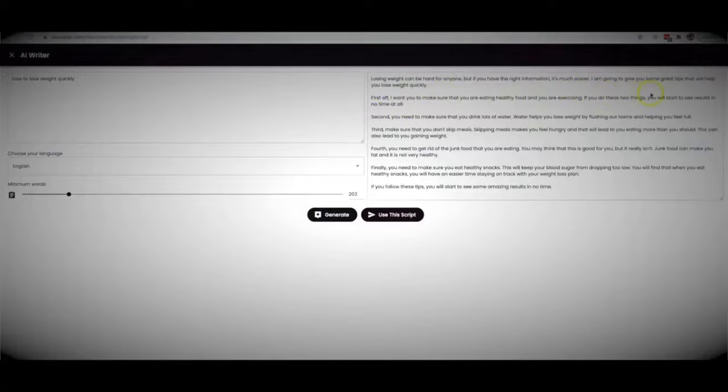If you do these two things, you will start to see results in no time at all. Boom. So the first two lines right there, great content written perfectly. All right, this is 100% true information. When I lost weight myself, that's the first two things that I had to do. Obviously, eat better and exercise. A lot of people do that, and then there's multiple things within these two things that you can do